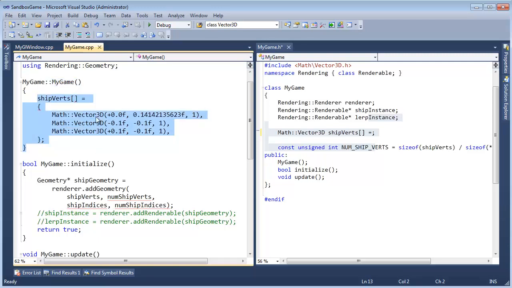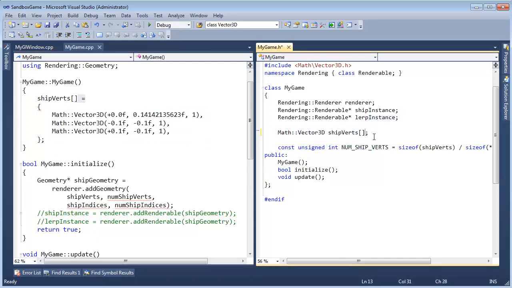And so I put our code here. This assignment, this is an operator. It's something that does something. I actually put it here in the constructor. So why am I going to all that effort? Well, I want shipverts to be part of my game class. Now here's where the compiler gets hung up. The compiler sees, oh, we have shipverts here, and that's fine if you're going to make shipverts a member of